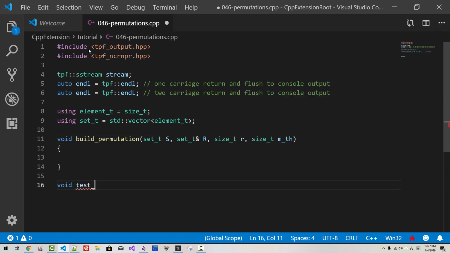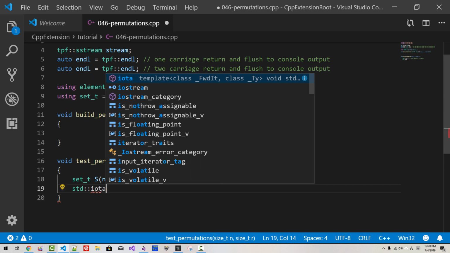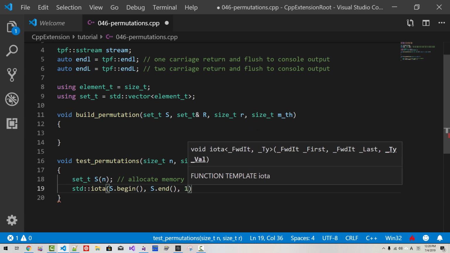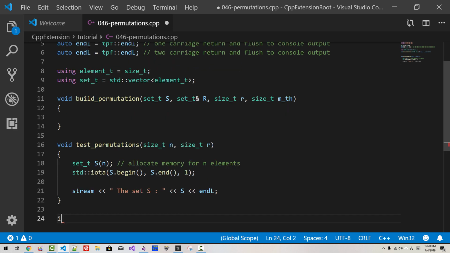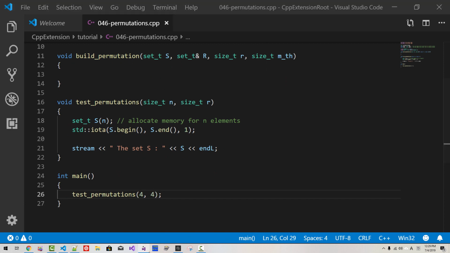Void test permutation, size_t n, size_t r, set_t s of n, allocate memory for n elements, std::iota, s.begin, s.end, we will put it 0, initial value 0, string the set s, and int main. I will copy this function, for